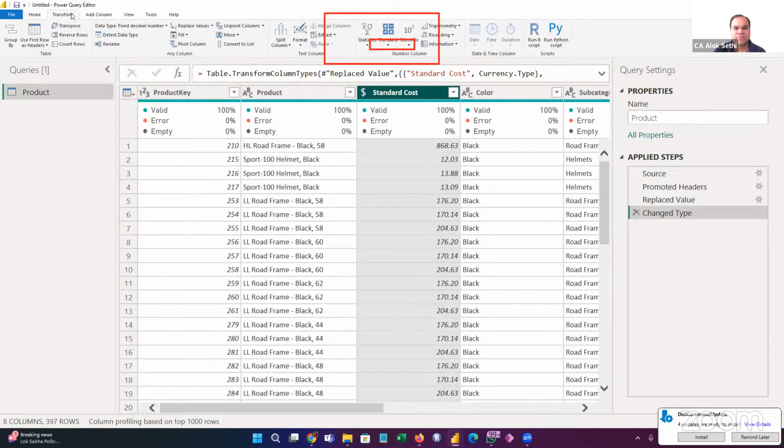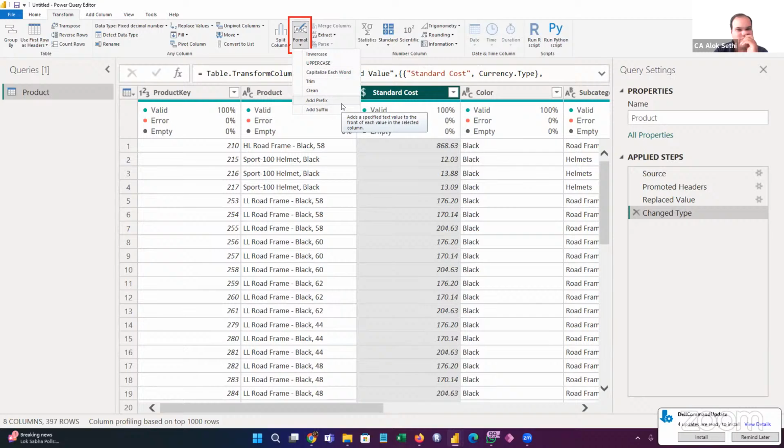Go to the transform tab. In the transform tab you see many options, and one of the options is this format option, which is very powerful. Now let us see what is there in the format. So in the format you will get a drop down. It says lower case, uppercase, capitalized, trim, clean, add prefix, add suffix. Okay, if we go to add prefix,